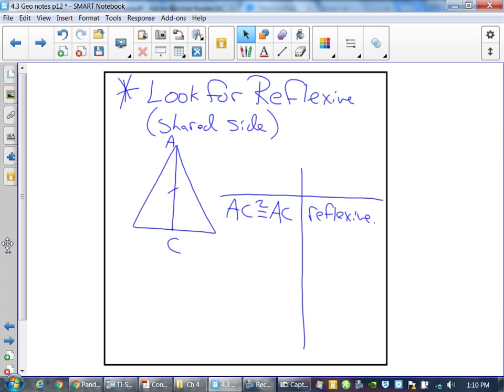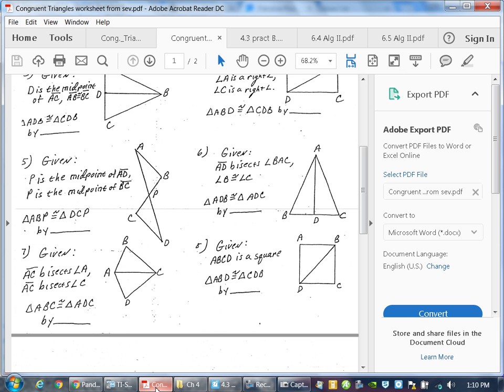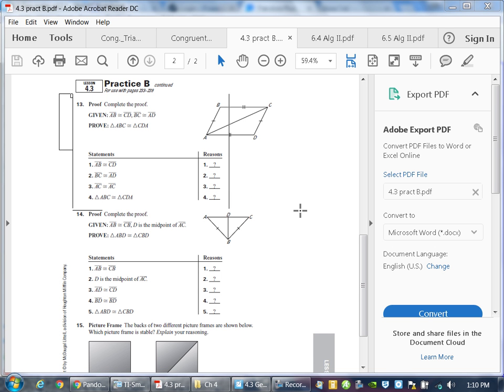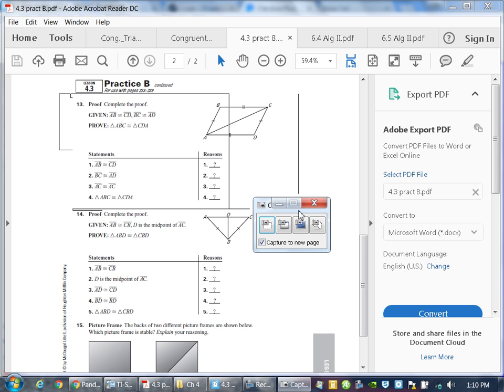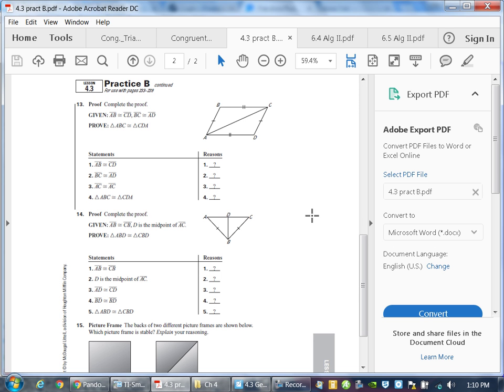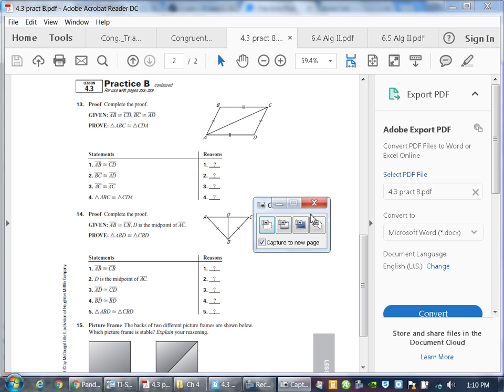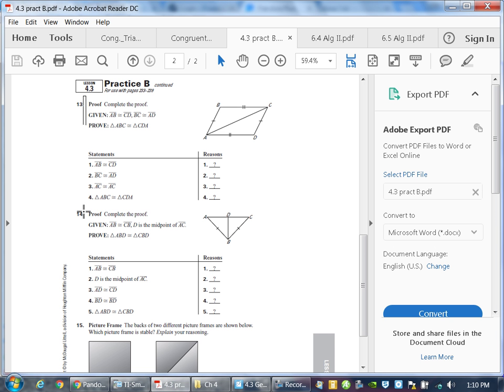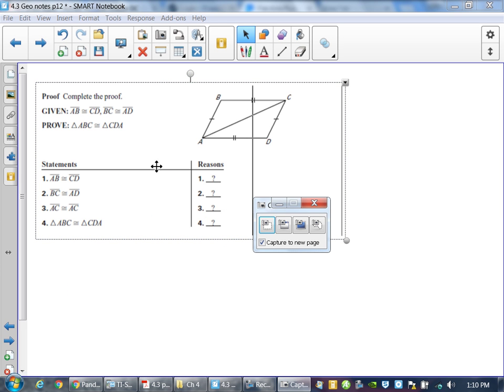Welcome. So let me show you this. I'm looking at 13 on 4-3. And this is how you attack and go through an actual triangle proof. It is so much easier than what we've been working on because you've done all the other work. Everything that you need to know, you have on your progression sheets. Every bit of information. So as I go through this,